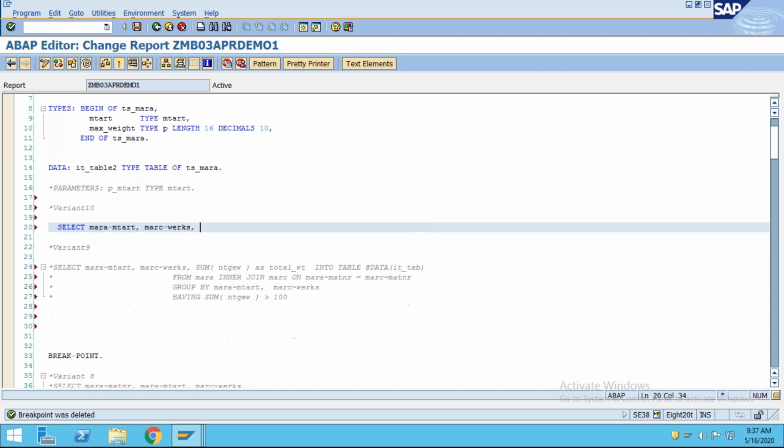remove all these things. Now it is not required. Material, I want to get only those materials for which plant is there.